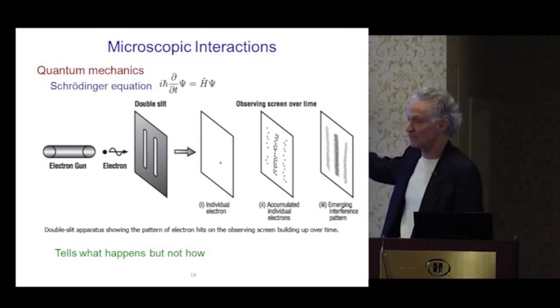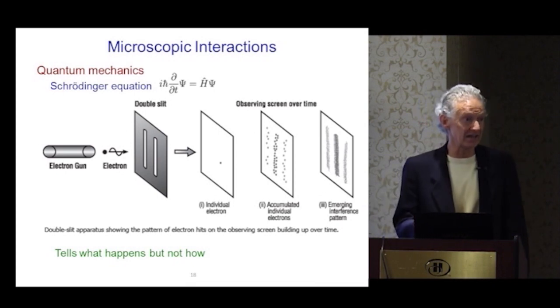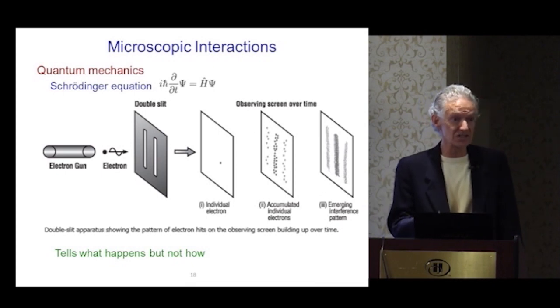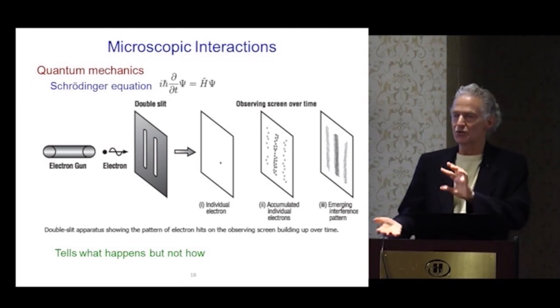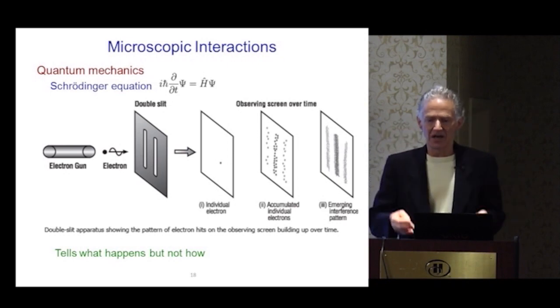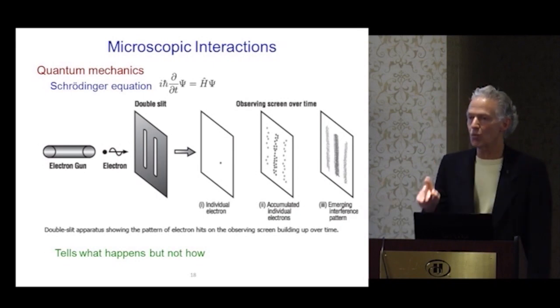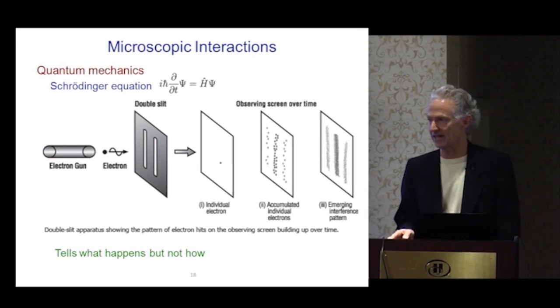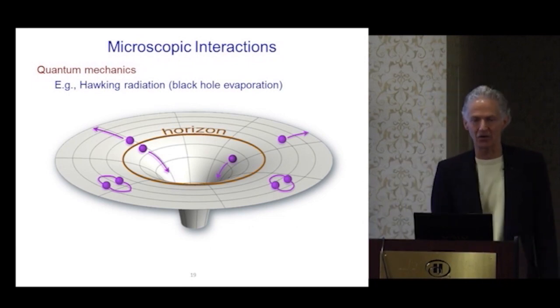Instead, you get a series of lines that says that the electrons, these particles, have wave-like characteristics which cause interference patterns from waves. So we've got waves, we've got particles. Very, very disturbing. But yet, quantum mechanics tells us what happens, it doesn't tell us why. Let's take a look at another example, and there are many, many. Let's take a look at black holes.